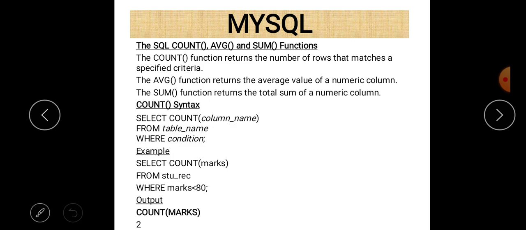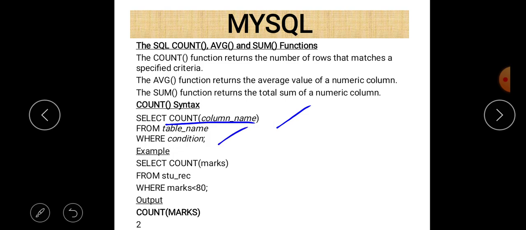Just write count in place of min or max, as we just discussed in our previous case, to use the count function. So the command you can easily see here: select count, and then in brackets the parameter is the column name, from table name, and where condition.